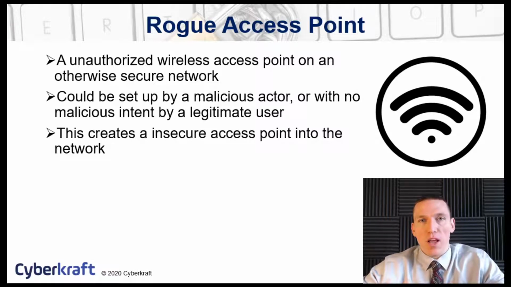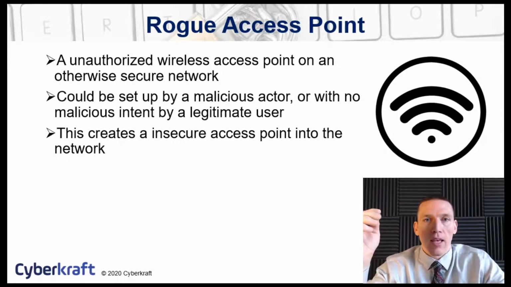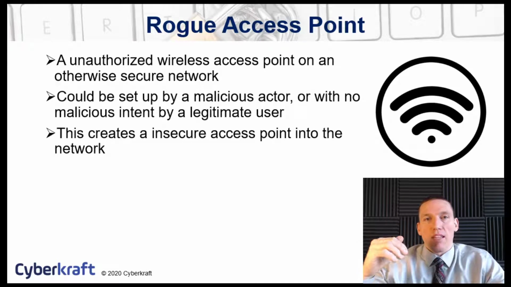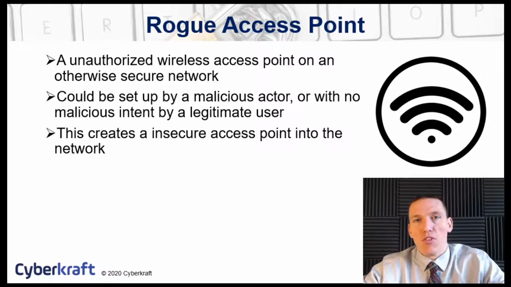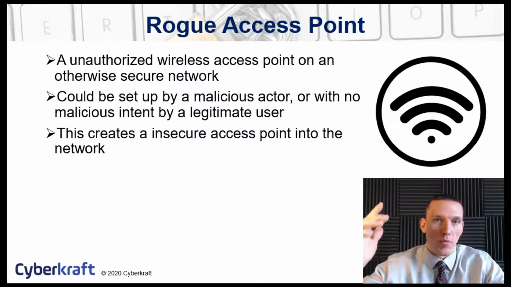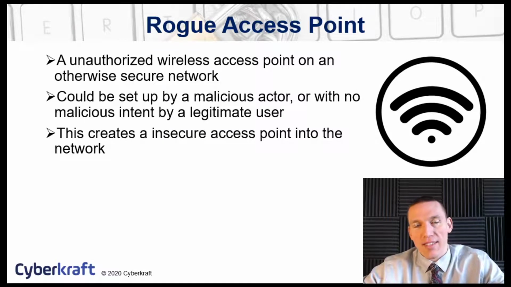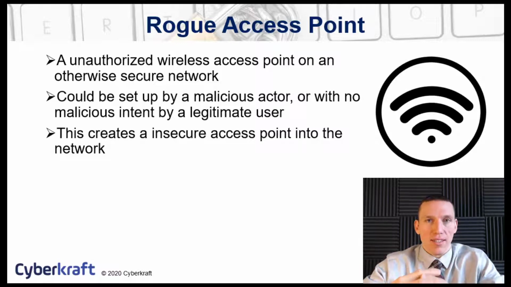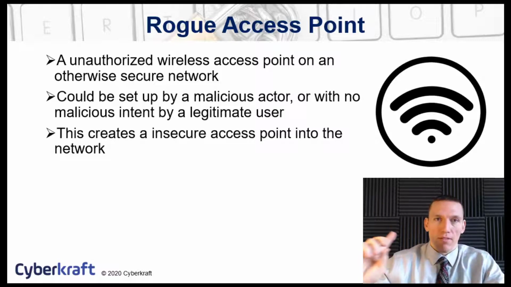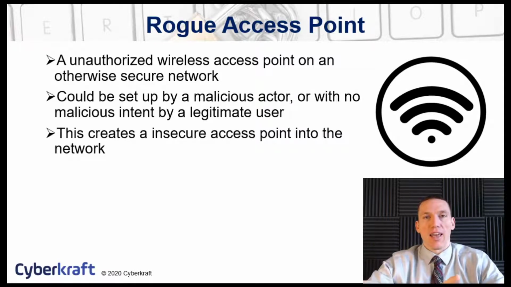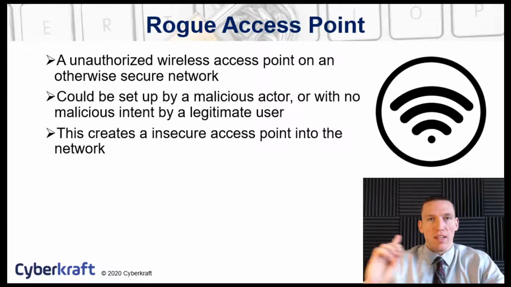Now think about these wireless attacks and how they can be effective depending on geographic area. If you work in a city with high-rise buildings, a wireless access attack or an evil twin attack can be much more effective because the population density is much higher. You have more people in the same area. You have the ability for people to connect to networks not only within a certain distance from your building, but